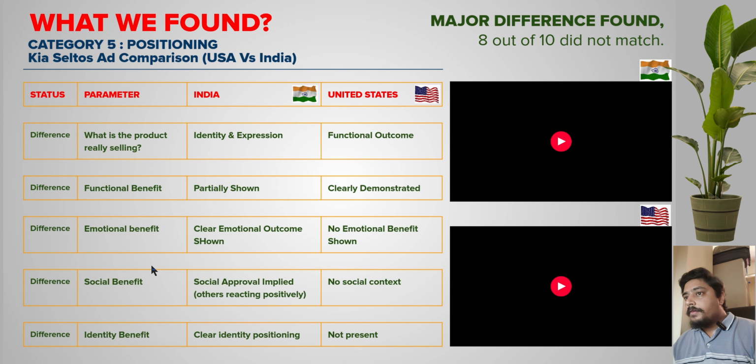Yes, the social benefit was also shown in the Indian ad, as we discussed earlier, but social benefit was not shown in the American ad. Is there any kind of identity benefit? Yes, there was a clear identity positioning shown in the Indian ad, but it was not present in the